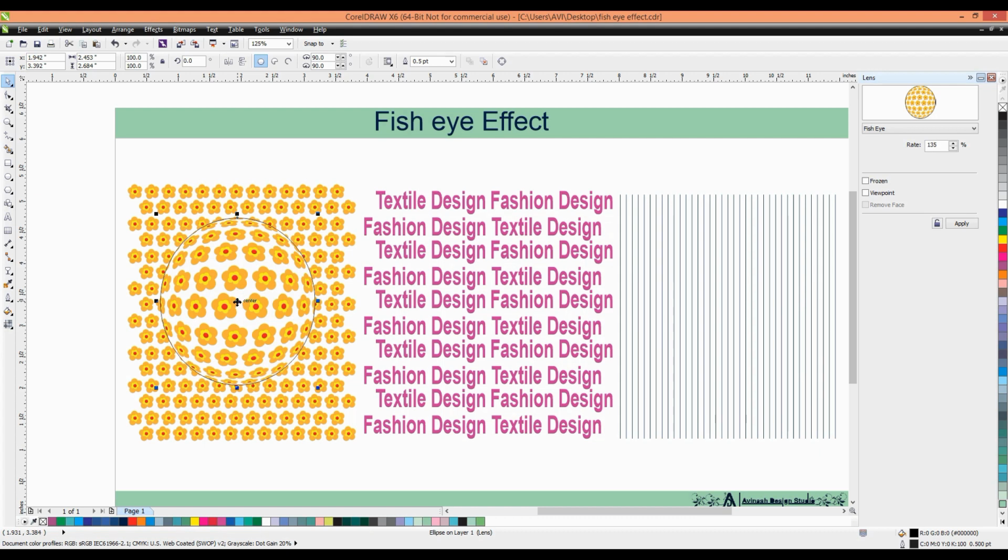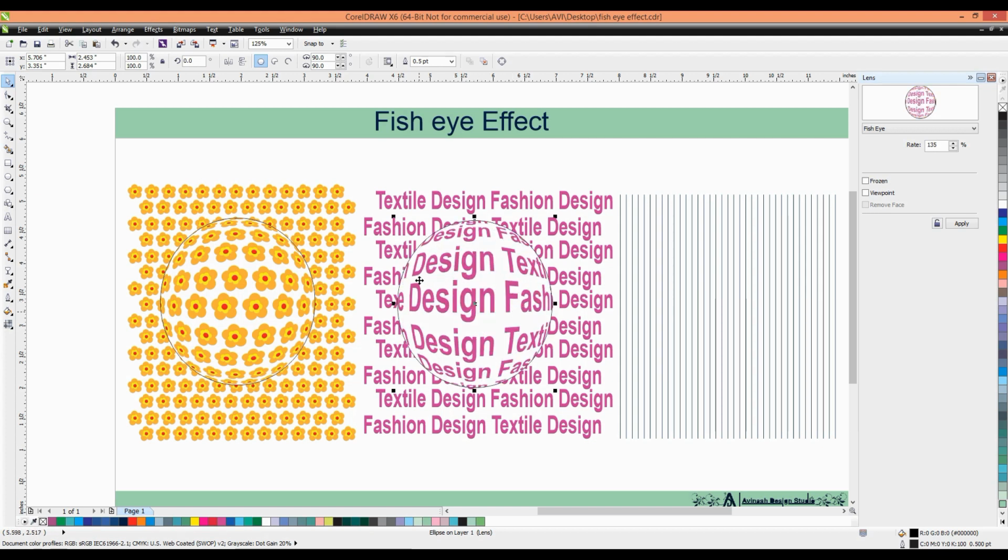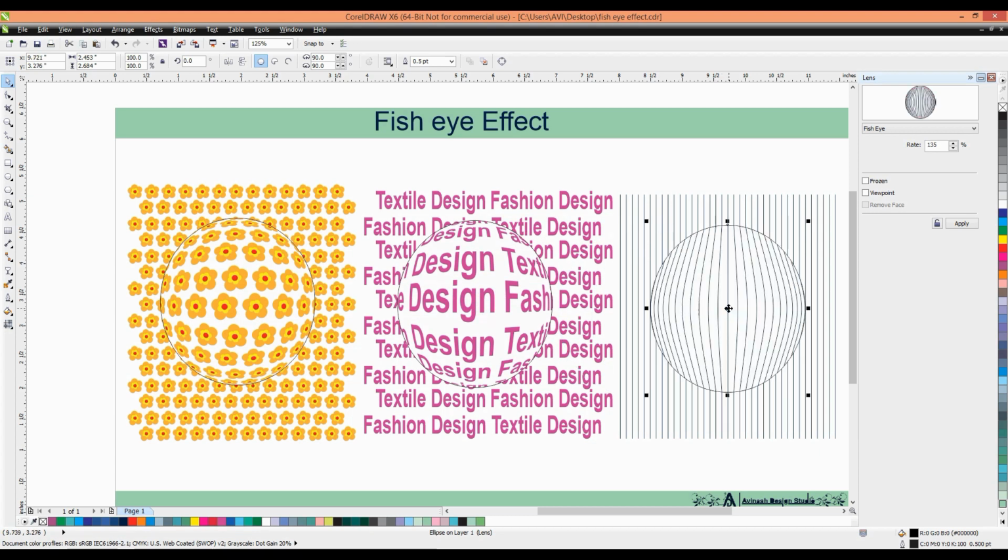Now we copy this circle. Press Ctrl C and Ctrl V for copy and paste, or another way to copy is to drag the circle to the next pattern, right click, and copy and paste. It has already changed. Again we have to copy and paste. So now let's see, I have three kinds of patterns. So we'll make three fisheyes in different patterns.